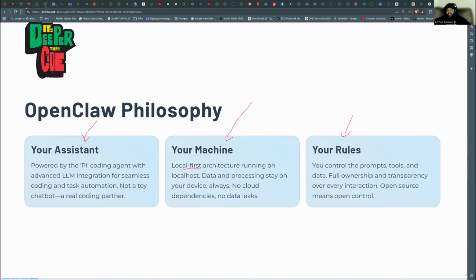You control what you do. You control how transparent things are. You can do whatever you want, and you can even choose what model you want to use. So if you want to use a model that will allow you to do certain things that ChatGPT won't let you do, you can do that. You can choose what model you use to power your bot. So you have complete and total control in that way.